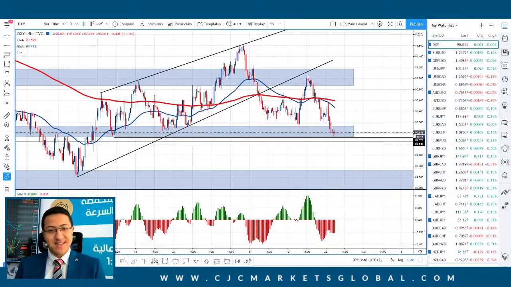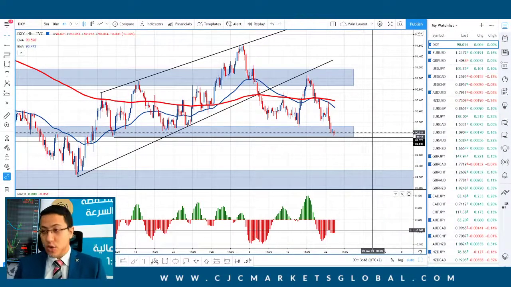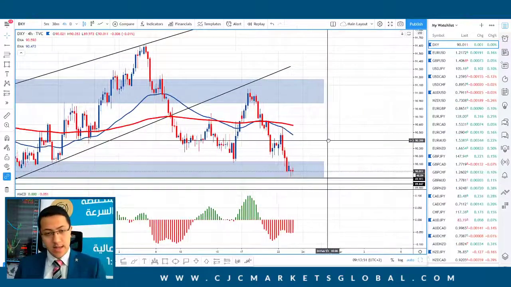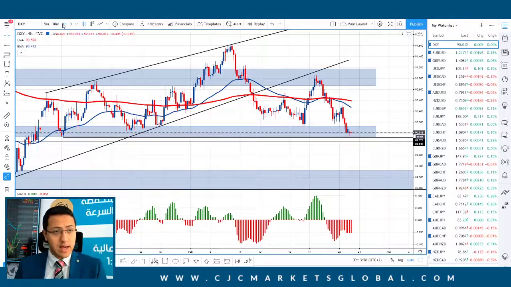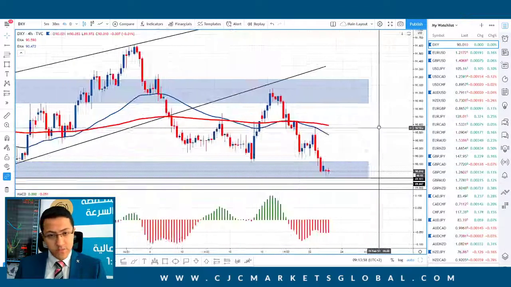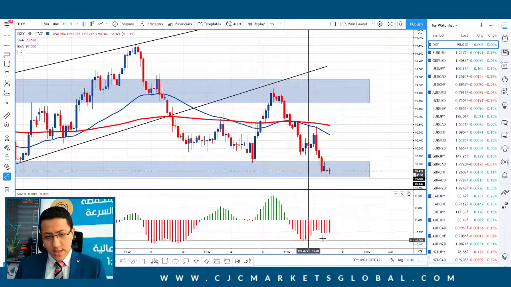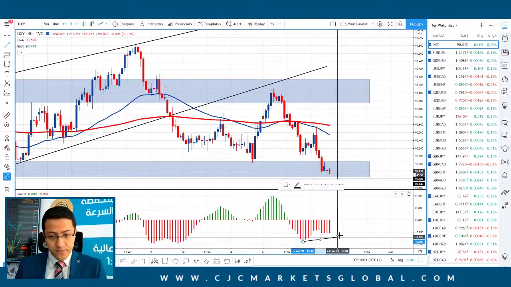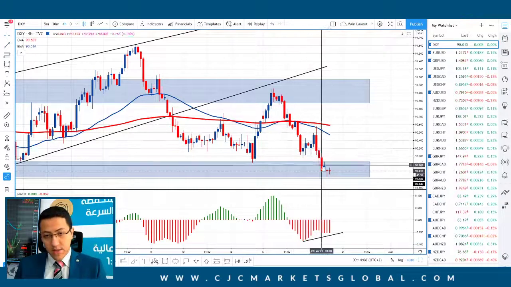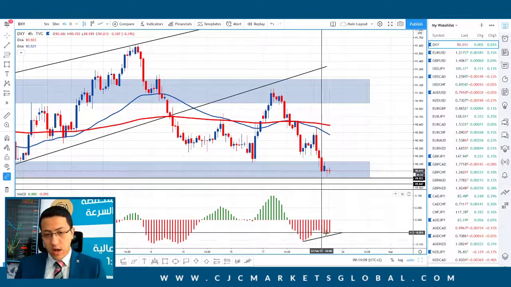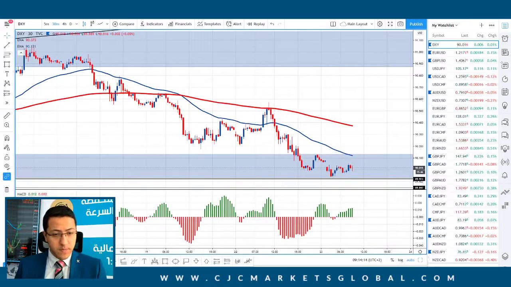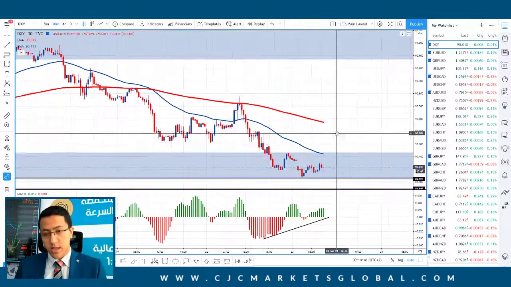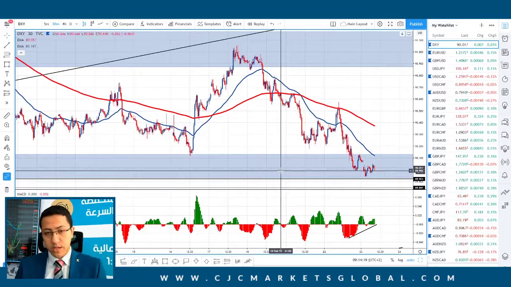Welcome back, everyone, and let's start our day by having a quick look at the US dollar index, which had a decline yesterday to the support levels at around 90 points. At the moment, on the very short term, also on the 4 hours, we can see a bullish divergence from those levels. We did have a lower low on prices, however, it's a higher low on the MACD indicator, along with a bullish divergence on the 30 minutes time frame. So I do believe that this support today should be able to stop the decline on the US dollar index from those levels.